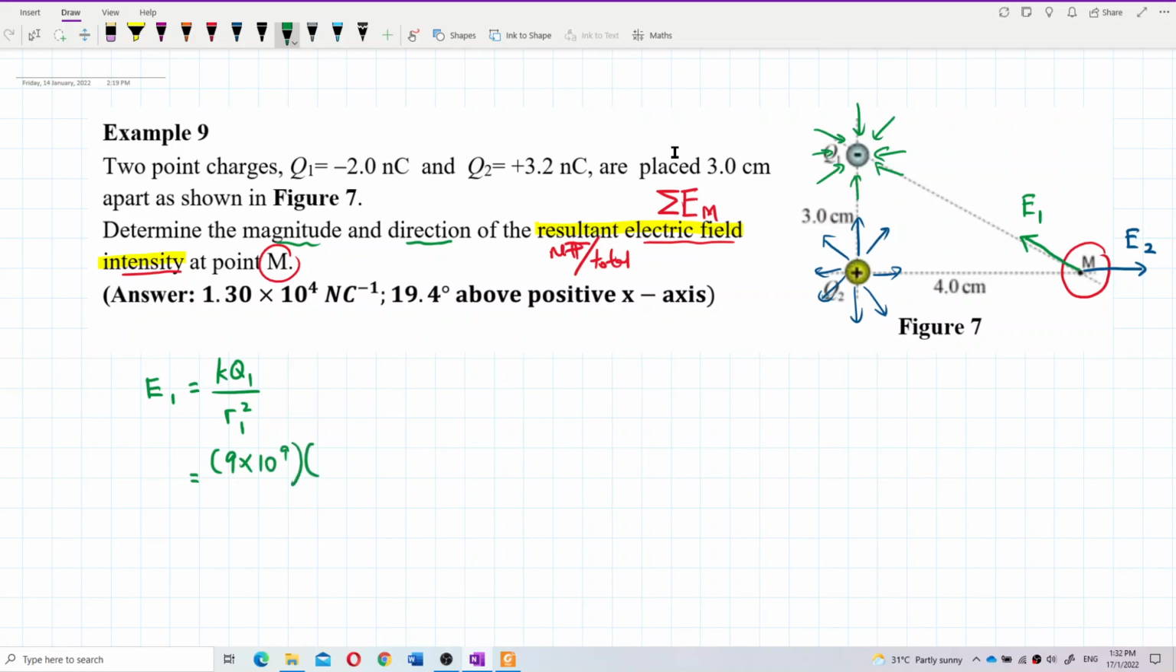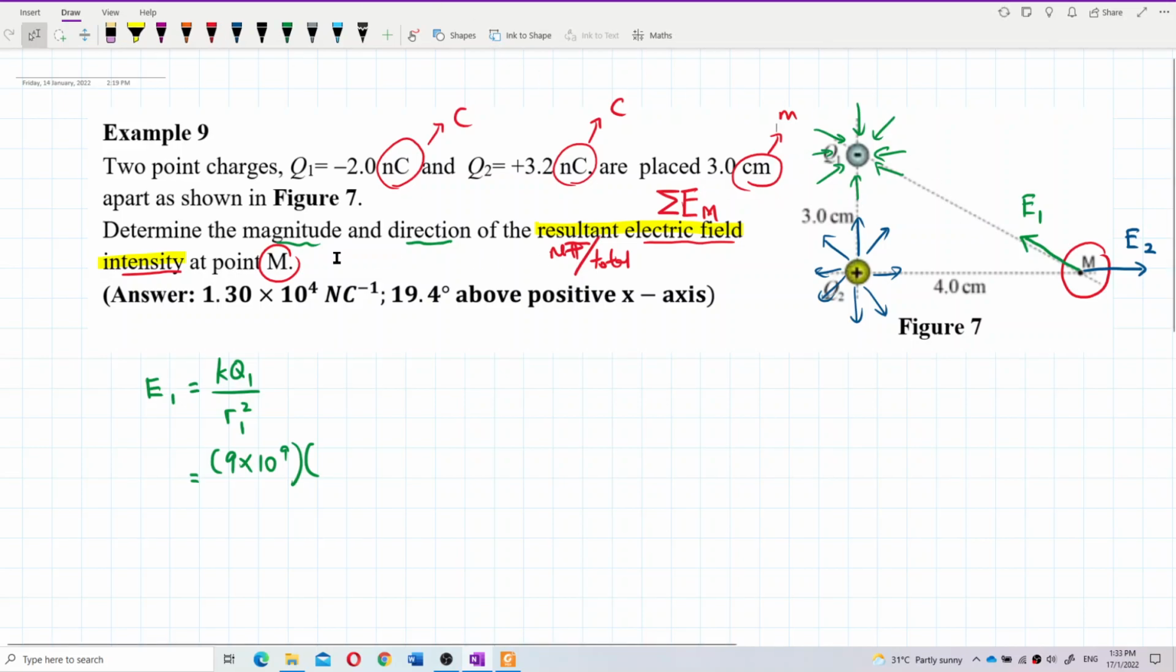Okay, what's the charge? Remember, be careful. Here we have nanocoulomb and centimeter. All of these have to be changed to SI units. And also for electric field,